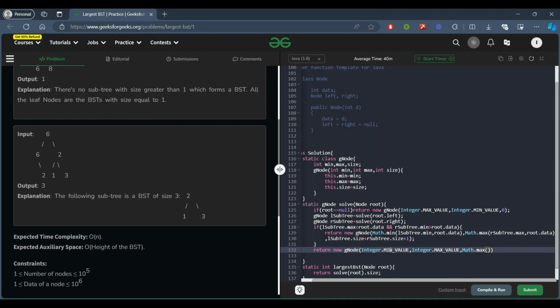Otherwise, if the right subtree was a BST and its size was greater than the left subtree, then we will take the maximum one, right? That's why here we will use math dot max operation. So here we will take L subtree dot size, comma, R subtree dot size.